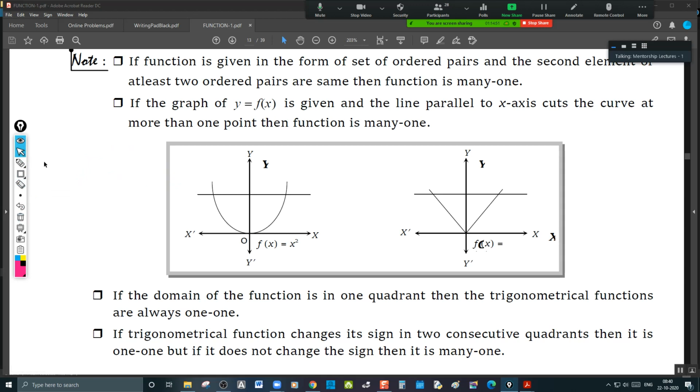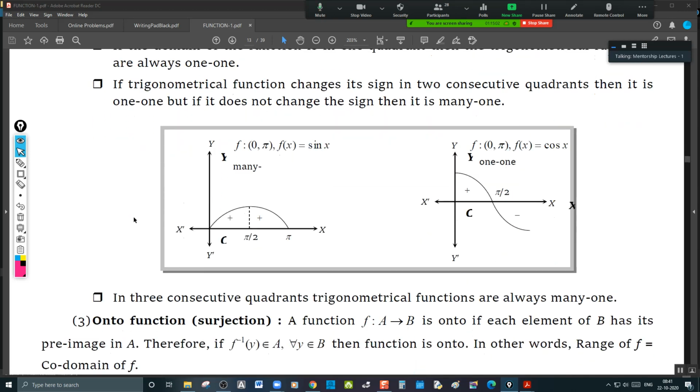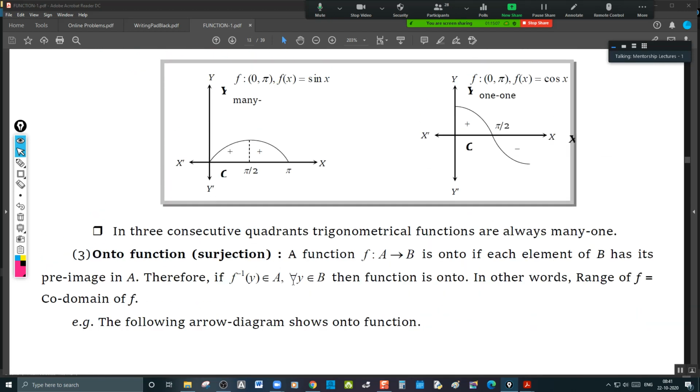In fact, the instruction in Teaching Advance is not to revise all these concepts but to jump straight to the problems, but I cannot do that. That's the reason why I'm taking some of my time to revise the things. And for onto function, you have a separate formula. Generally, the proof is beyond the syllabus, and hence for this onto function, I can say confidently that questions were given